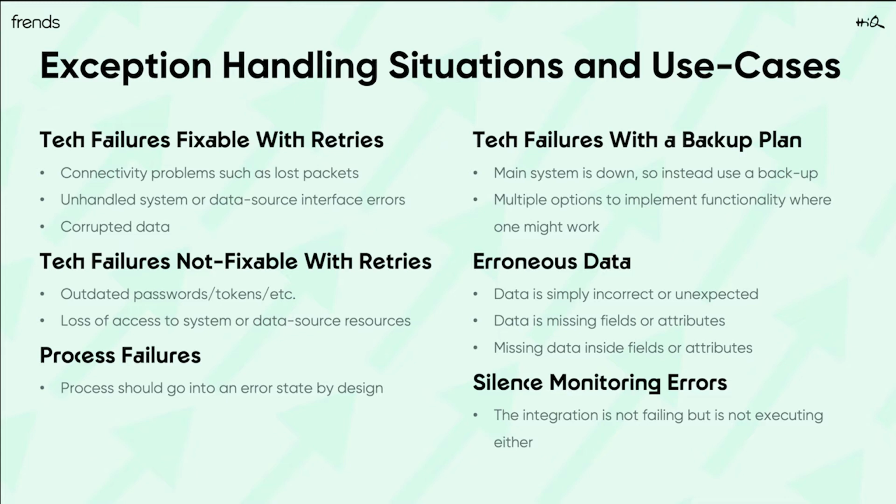The ideology in the first one is that these are typically scenarios caused by network connectivity issues, or there might be corrupted data while we are calling, let's say, a REST API, and for whatever reason the data gets corrupted on the way. These are quite typical unexpected errors in integration use cases, for the very reason that if we imagine that we are doing 1 billion API requests every month, the law